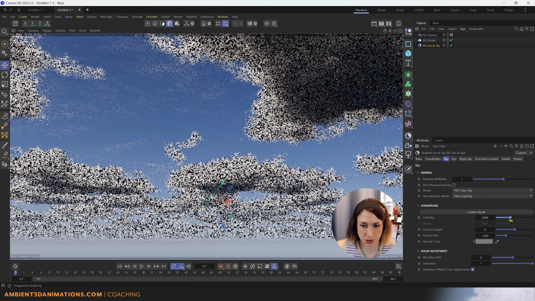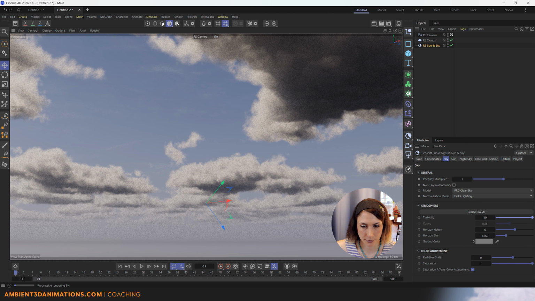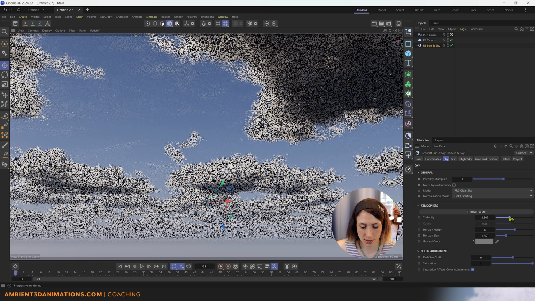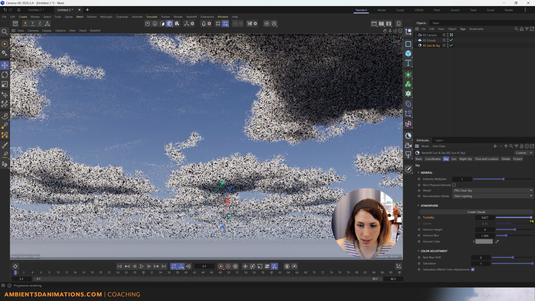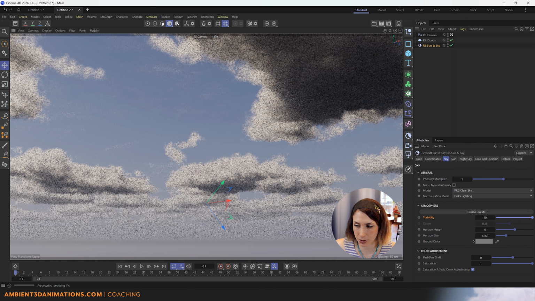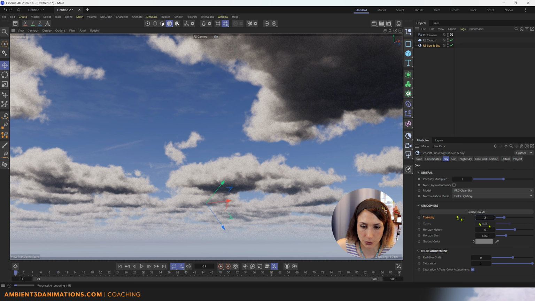You can adjust your turbidity. And that kind of has an influence on how vibrant the sky is and how it's looking. So according to the manual, 2 is a clear day without any haziness. And if you raise this value, it adds a little bit more orange to the sky, like there's some pollution in here. So let's make it a nice clear day. So I'm going to leave the turbidity on 2. So those are some of the basic things that I think are good to set up